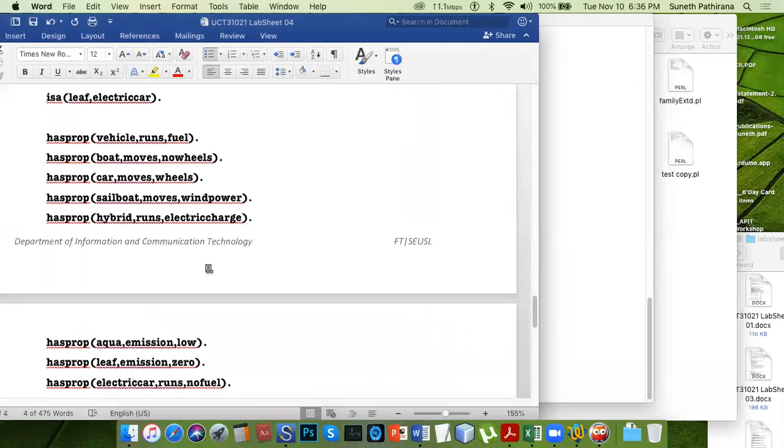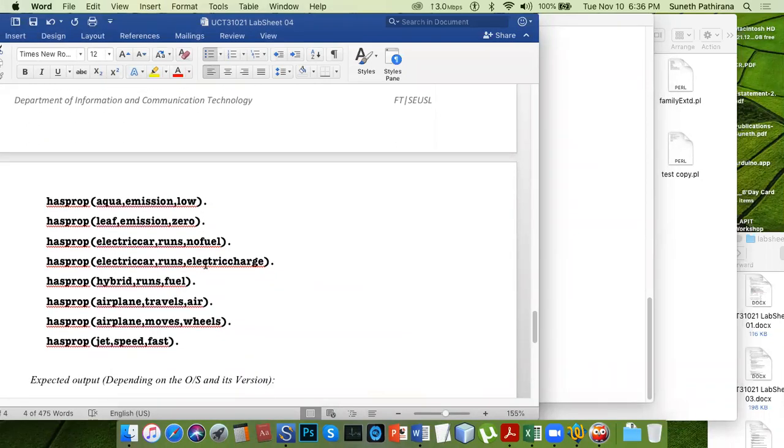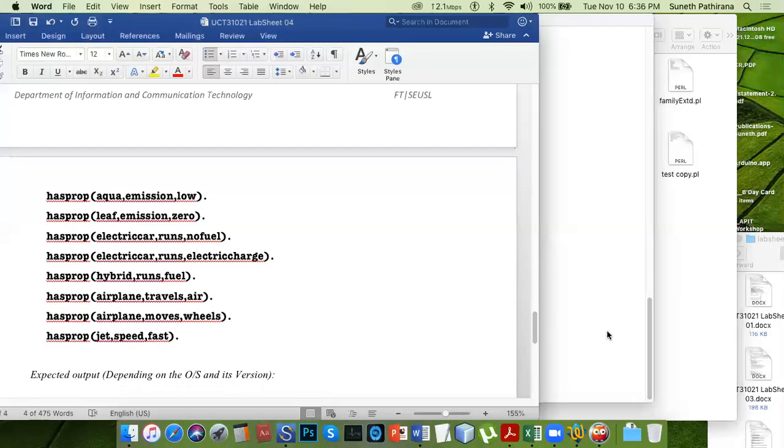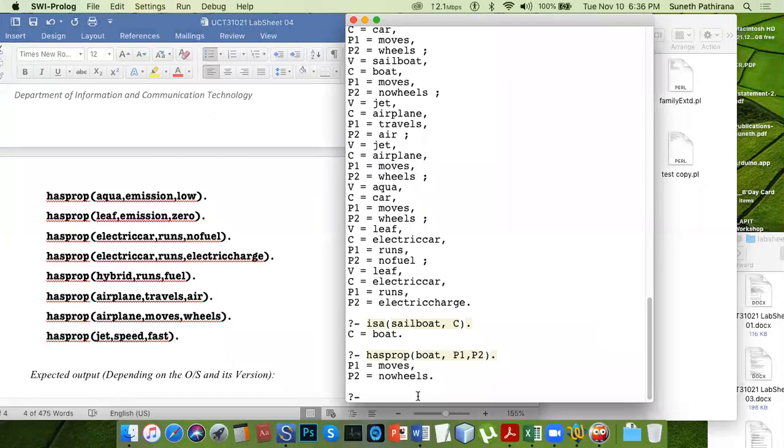And if you ask the question, has prop boat travels air?